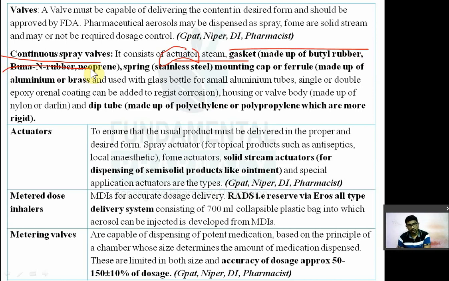Question इसके ऊपर आ चुका है. In case of aerosol formulation, aerosol container, the gasket is made up of the following material. उसमें ऑप्शन में आएगा ग्लास, रबर, ये Buna rubber. So remember, gasket in case of aerosol is made up of butyl rubber or Buna rubber or neoprene rubber. Now spring तो आपको easily पता चलेगा कैसे बनता है, stainless steel. Mounting cap or ferrule, they are made up of aluminum or brass. Sometimes